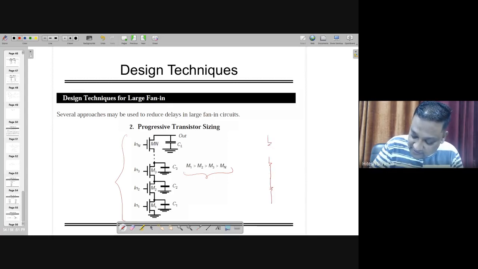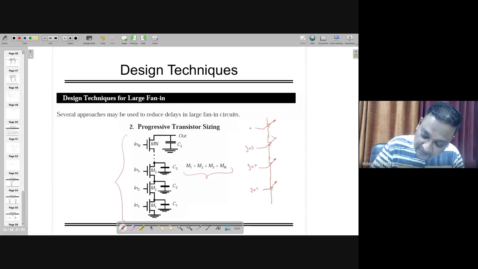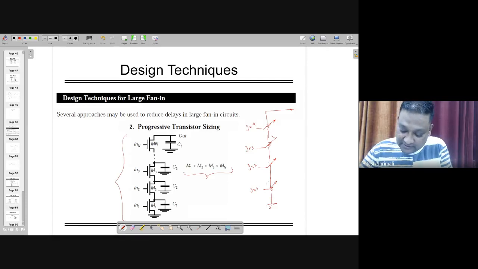there are various resistances working on the input. Let's call this one in 1, this is in 2, this is in 3, in 4, and so on. So when my output is making the connection, I want this resistance to be as low as possible because it's connected at the last one. And similarly, this has to be the second one, which is bigger than this one.